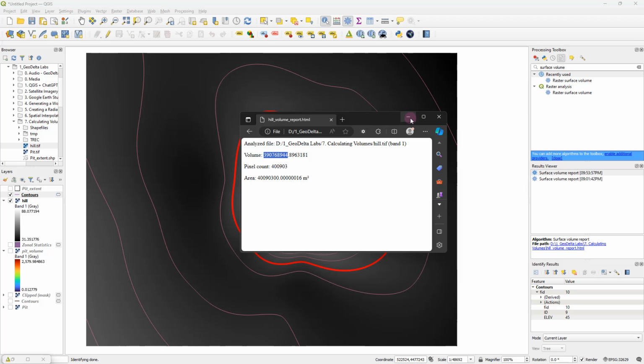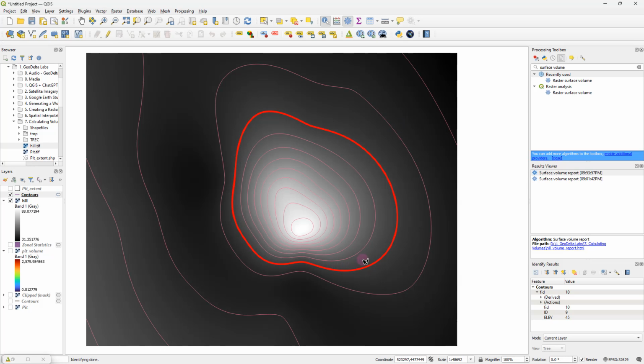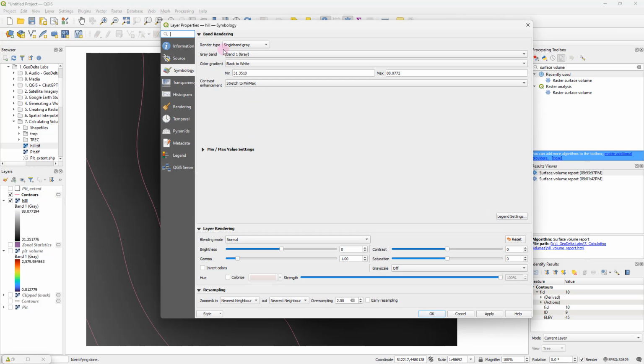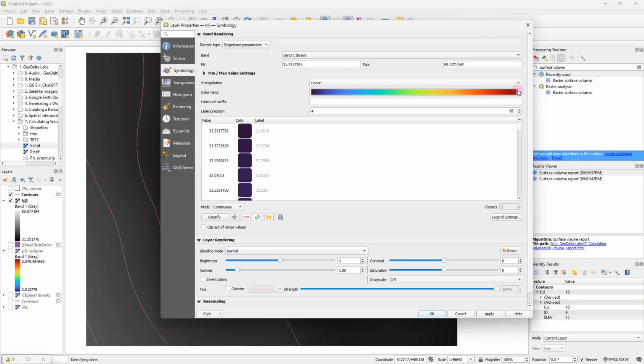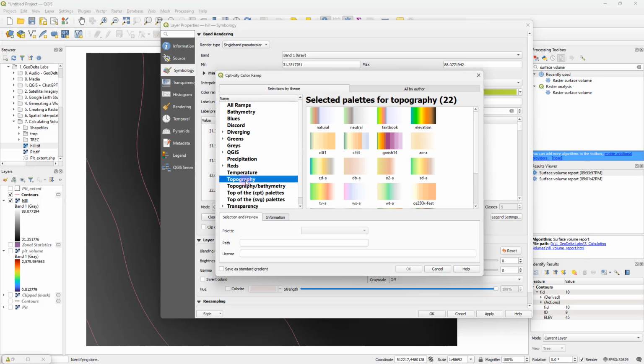Before I wrap up the tutorial, if I were to quickly show you guys in a bit of a 3D manner what I refer to by the hill volume, well, let's quickly go ahead and change the color ramp to be something a bit more interesting. Just going to head over to this catalog and pick something from this topography selection, maybe something like this,